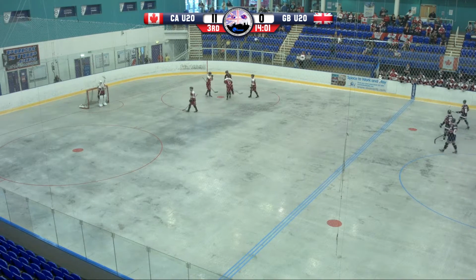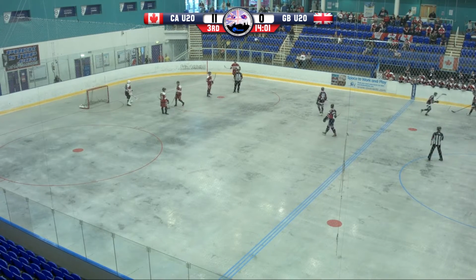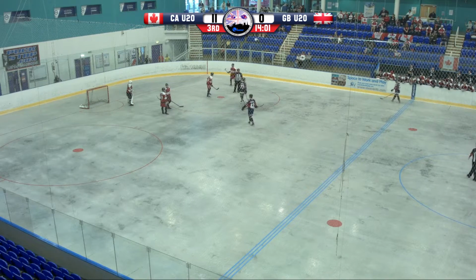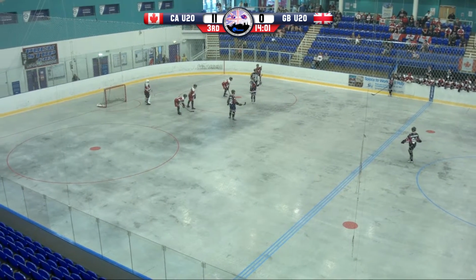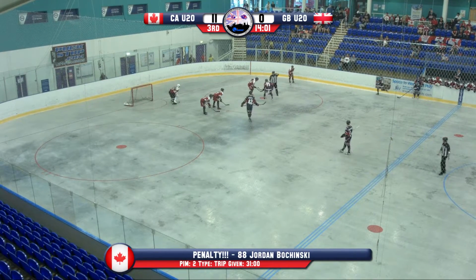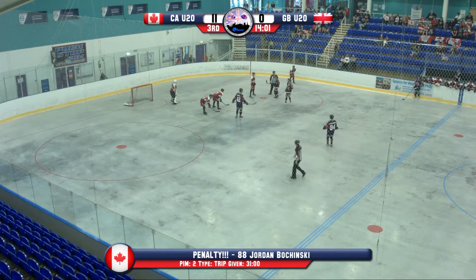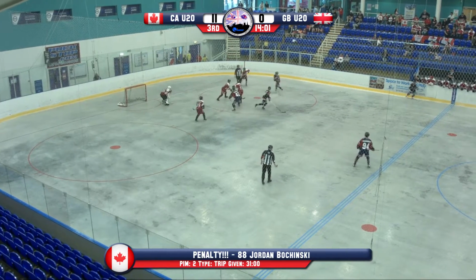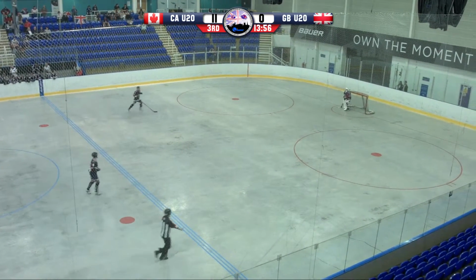AC8 is Jordan Bushinsky. He takes a seat in the box. Great Britain to the power play, just 1 minute into period 3. And here we go for the power play. So McMillan in on the draw. Clean win for Canada. They might manage to get it down the floor